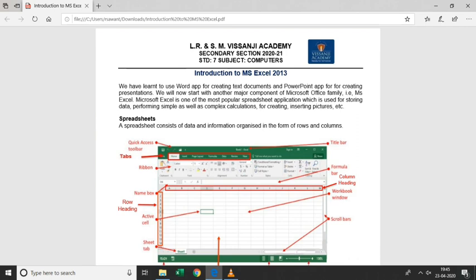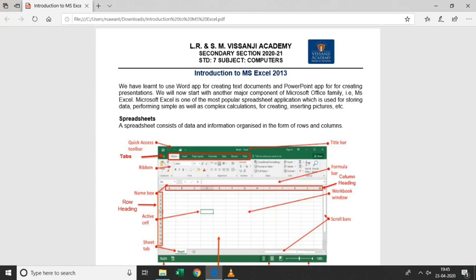The main use of MS Excel is that you can perform calculations on whatever data you enter. We mostly use it to perform calculations on numerical data.